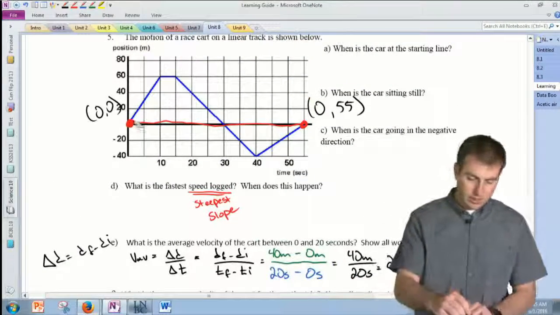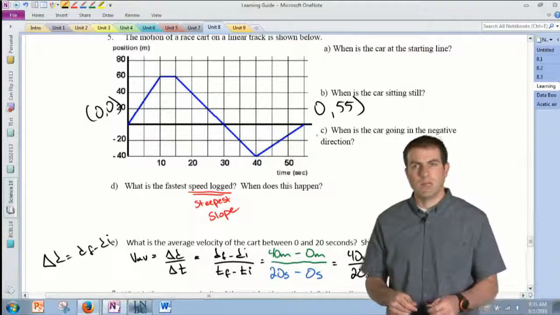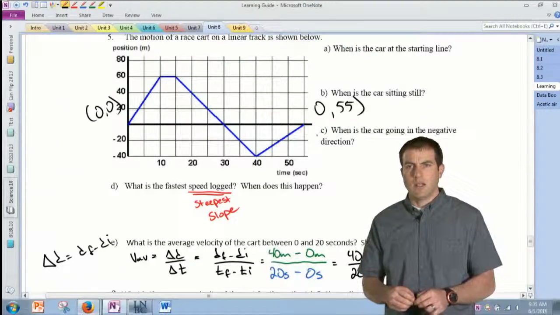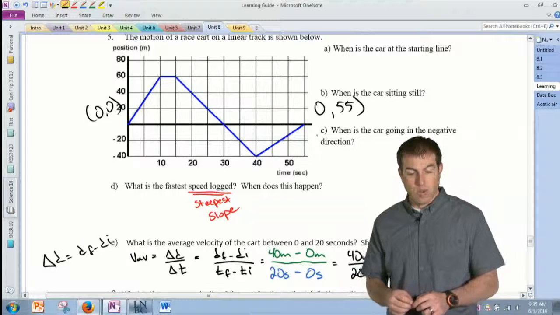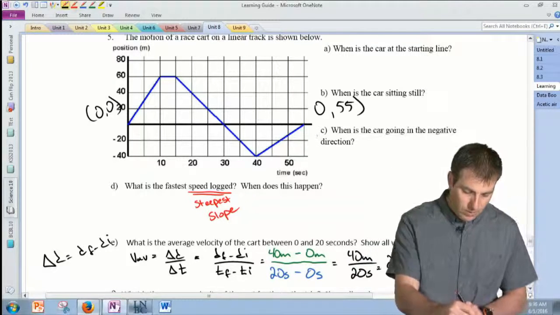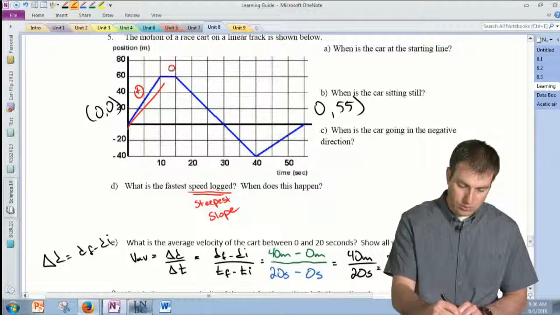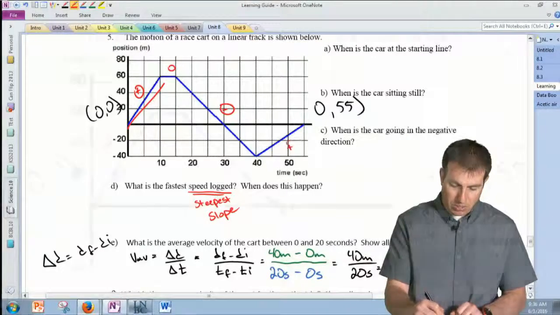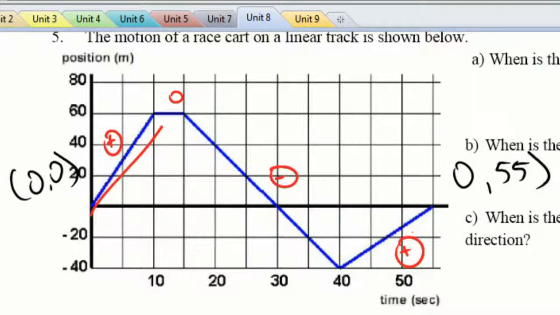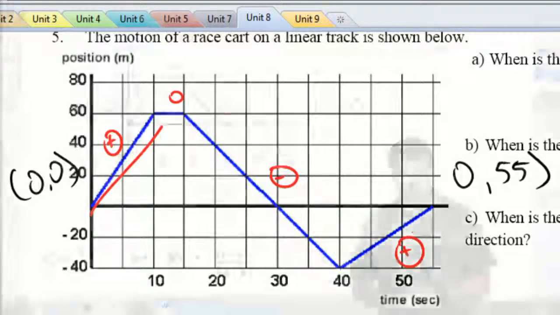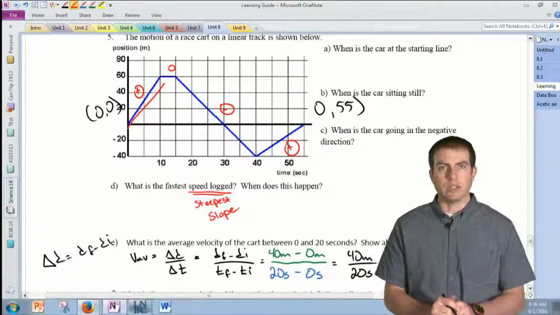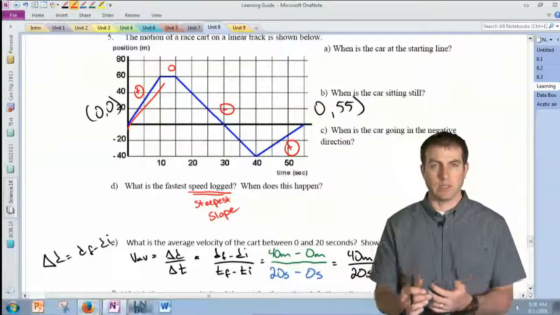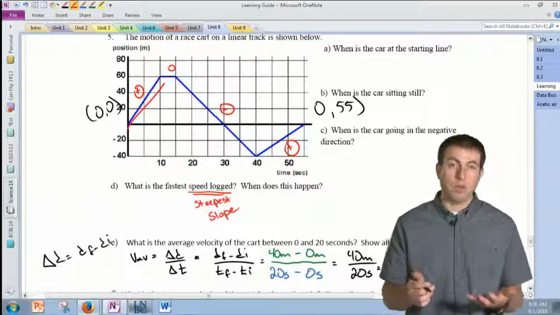I guess the important thing is this. If we look at the trip, it's important to note there's a few things going on here. I have a positive slope here, I have 0 slope here, I have a negative slope here, and then a positive slope here. So velocity does have a lot to do with displacement. In fact, the definition of velocity is your change in position, or your displacement, divided by the time it took. But one really weird thing about my trip is this. It's not like a regular trip where I just drove somewhere and then I took some turns and things like that. What's going on is the slope of my line is my velocity.